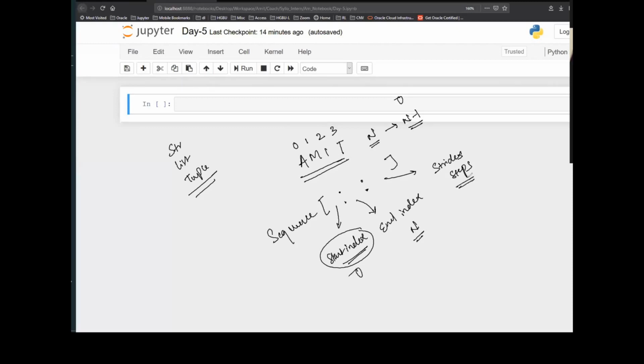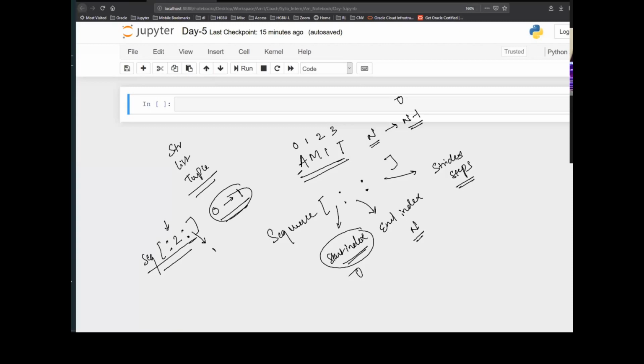So if I keep the start index at the default of 0, the end index, let's say I gave 2, and the step also I'm keeping as default, that means I'm saying start from 0, go till index 1, and take the default step of 1.